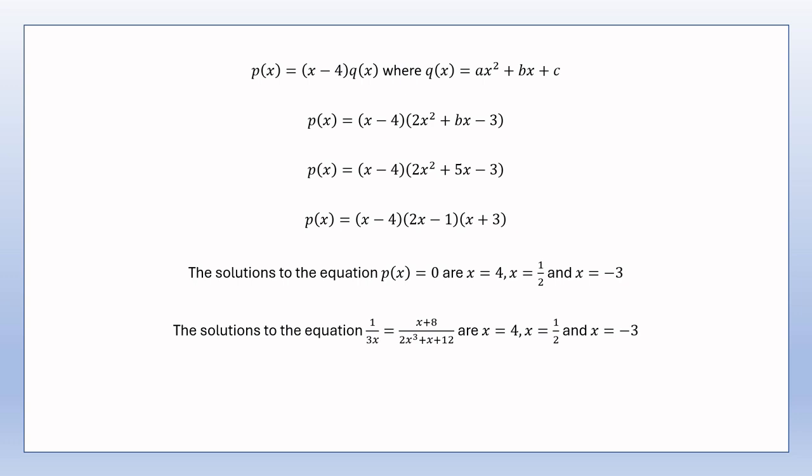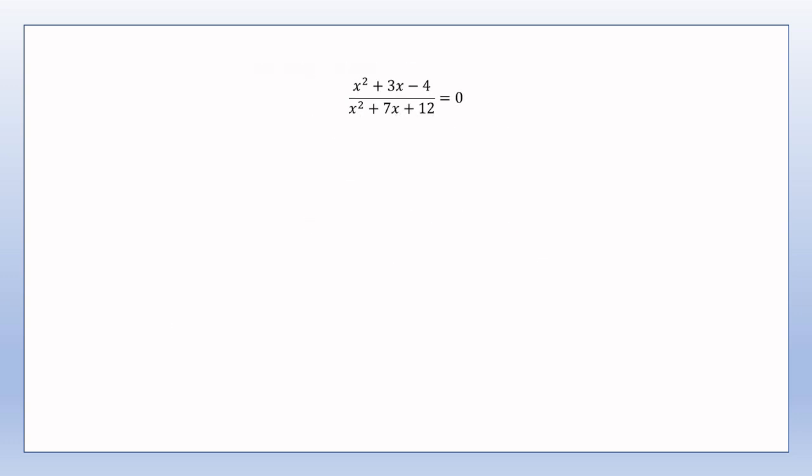So for example, suppose I wanted to solve the equation x squared plus 3x minus 4 over x squared plus 7x plus 12 equals 0. Then I might multiply through by x squared plus 7x plus 12 to get x squared plus 3x minus 4 equals 0. And then solve this quadratic to get x equals minus 4 or x equals 1. Job done, right? Well, unfortunately not, because the quadratic equation that I've solved is not the equation that I originally